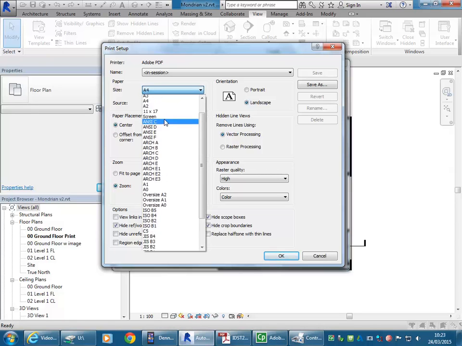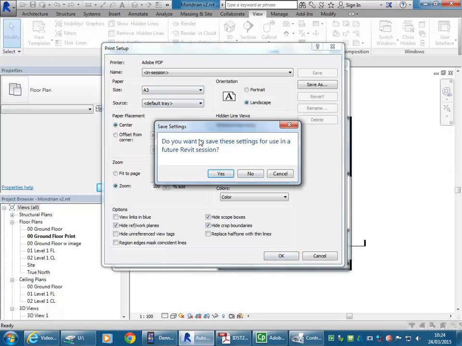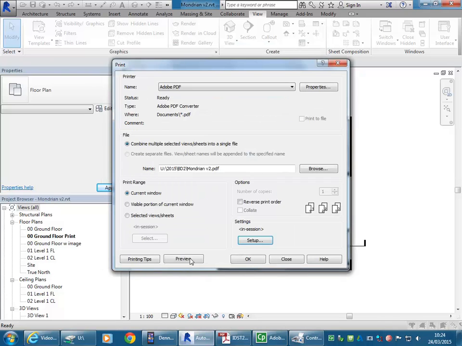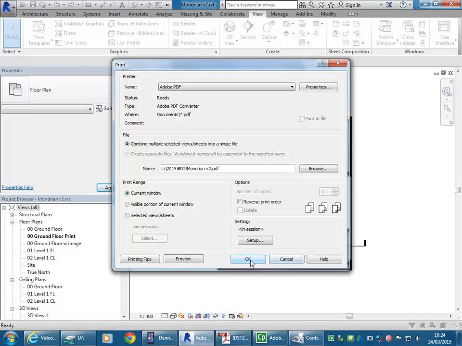And then back to here, I'll choose A3 this time. It wasn't fitting onto A4 at 1 to 100, but it should easily fit on A3. Click OK. Again, you don't need to save the print settings usually, so I'll just say no. Preview it, and it easily fits on A3. So that's what I'm going to do. Click print, and now when I click OK,